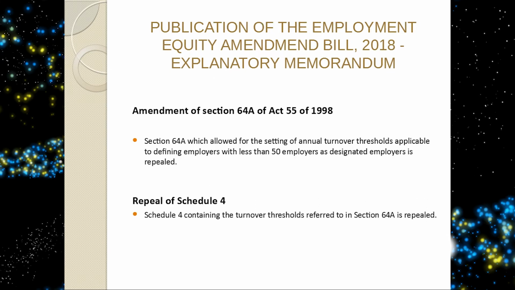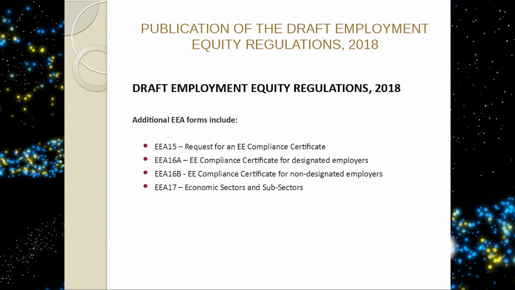Amendment of Section 64A, which allowed for the setting of annual turnover thresholds. As mentioned, thresholds as per Schedule 4 will be repealed. If you employ less than 50 people, you are deemed non-designated, and that's that. Additional forms: EI15, EI16A, EI16B, and EI17. EI15, request for an EE compliance certificate. You deal with government. EI16A, compliance certificate for designated employers, and then there will be a B certificate for non-designated